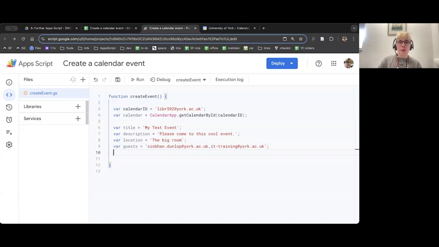So instead of being able to do all the description and location separately, we put it into one single JavaScript object. This is a bit similar to what you might do when you're sending an email. There's options in that too, which work very similarly. So I'm going to write var space options space equals space. And now we're going to create something called a JavaScript object, which is basically some name value pairs. So it's the name of a thing and then the value of it.